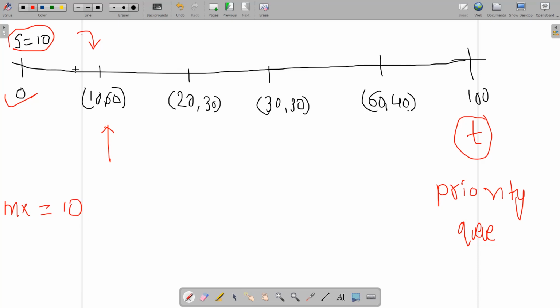If my current maximum reachable value is 10, you can see I can easily come up to this position, which has the coordinate 10. So I will say okay, I can come up to this position, then I will move up to the next position. If I come up to this next position, my current maximum reachable value is still 10, and you can see 10 is not at least 20. So I need to refuel my vehicle, and from which gas station can I refuel?